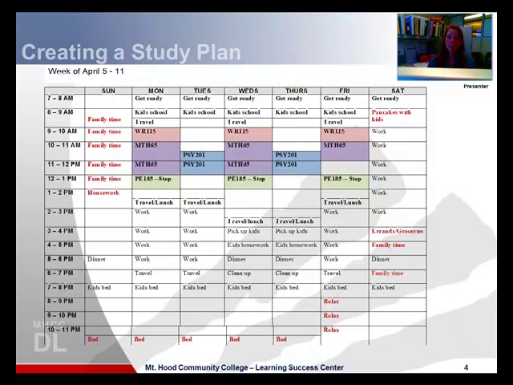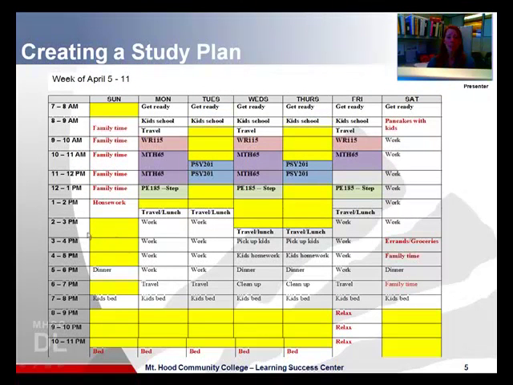Alright, so the next thing that you're going to do is make about 10 or 12 copies of this weekly schedule so that you have one blank one for every week of the term. And what you'll find is you have these yellow times, I've made them yellow, available to work with for planning in your study time. After you make the 10 or 12 copies, then every Sunday night, maybe Monday morning, you're